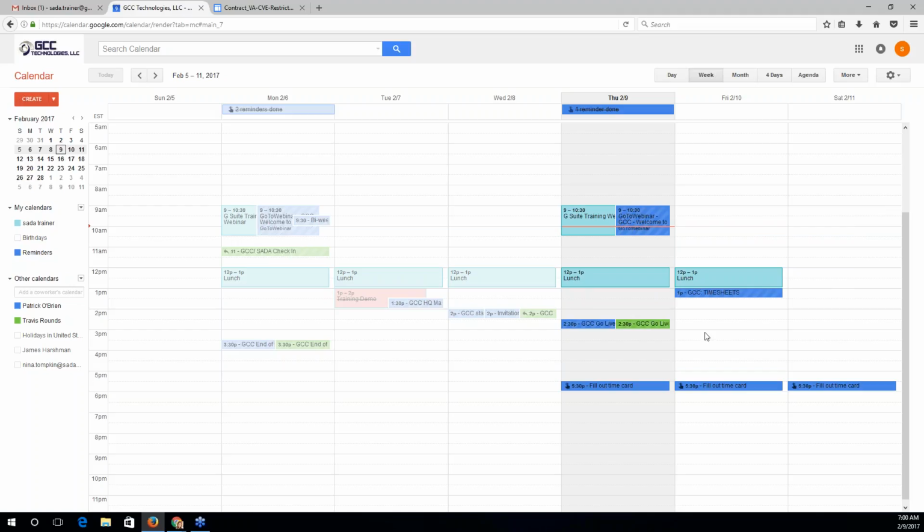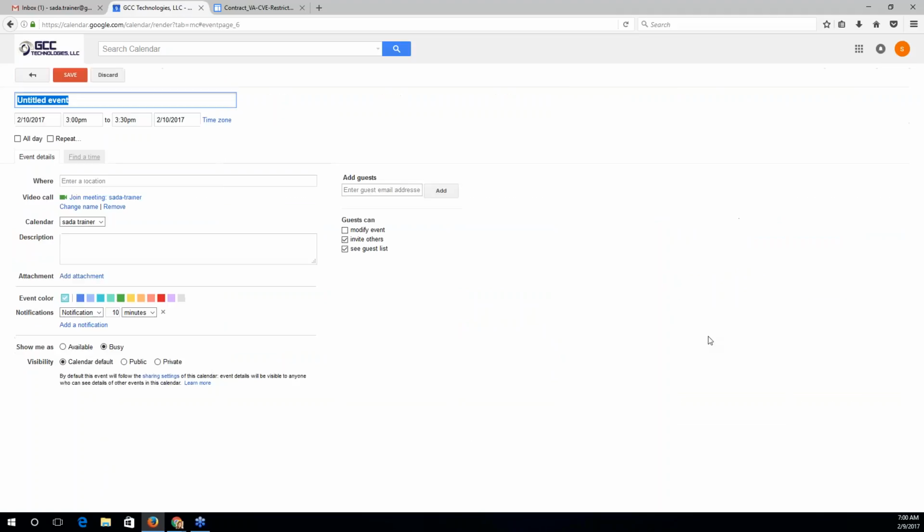Or my favorite option is you can double click on your favorite time slot and then you can pull together your event. So I'll just title this. I can confirm the date and time I've selected. So in this case, I want to extend this to an hour-long meeting. And then below that is where you have most of your options for spinning up your event details.